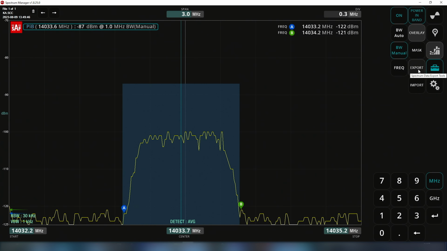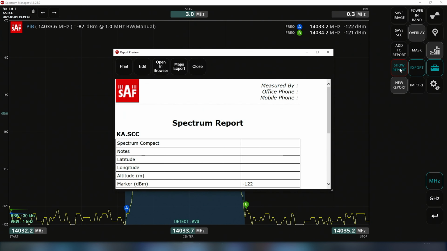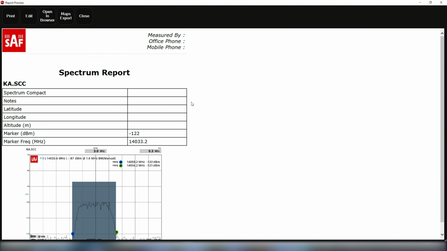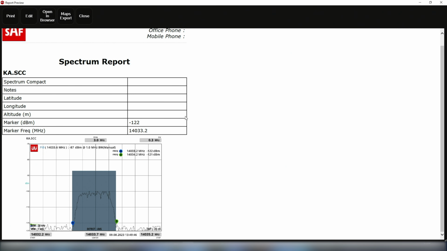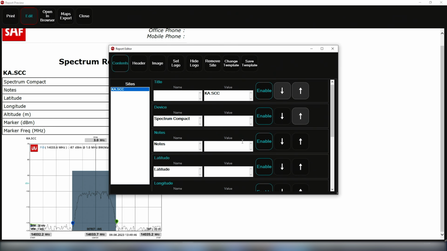And also what we can do, we can create a report. So we go to the export menu and we select add to report. So it is now added to the report, so I can look at the report, what I have in there, and here you can see that we have this image of the spectrum that we had also on the screen,